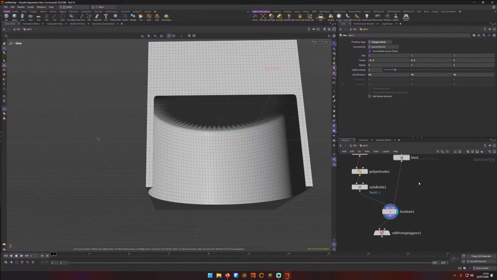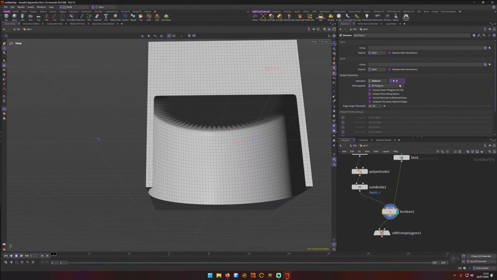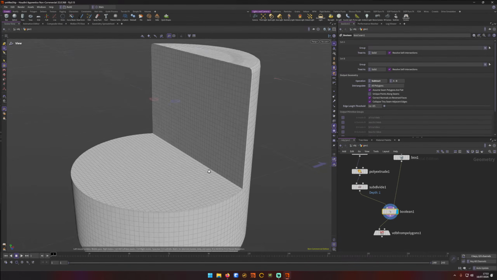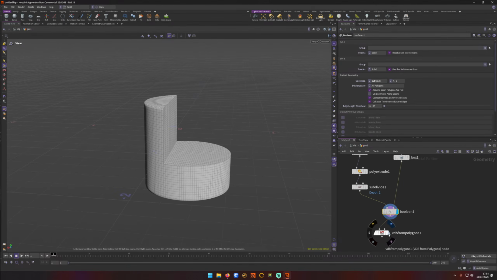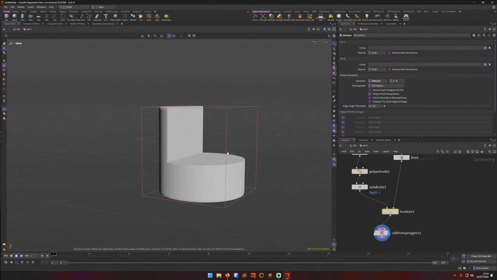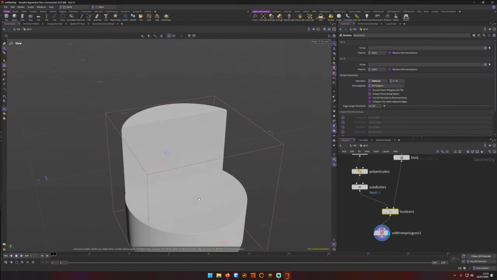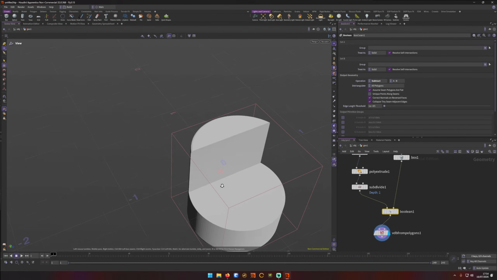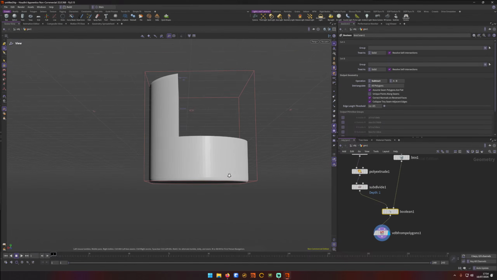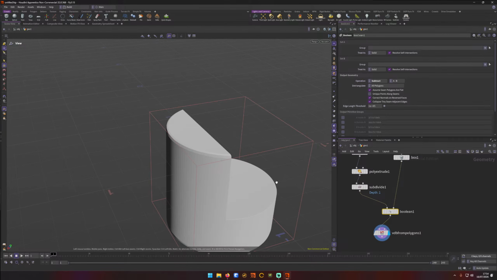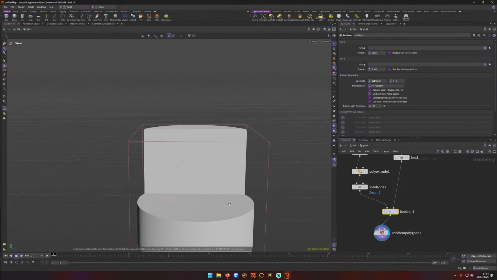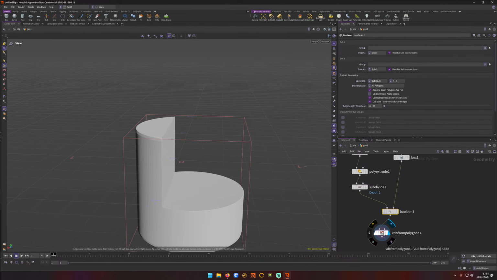Excellent. Okay, so what we're going to do is we will just go into our Boolean and we'll flip this over, B to A to B. And yeah, we've got the box cutting a hole out of this guy now. So onto VDB. Yeah. So probably the faster way of doing it, instead of messing about, is just do it with booleans, and then so yeah,